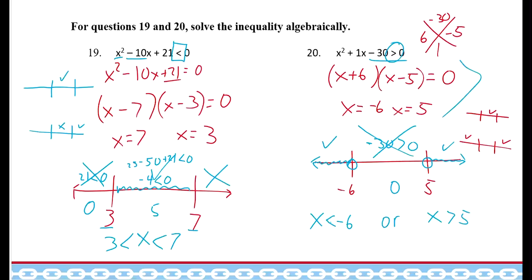I know those are kind of a lot of work, but we factor, just like it was an equation here, we graph them on a number line, and then we check validity. So that is the review for the